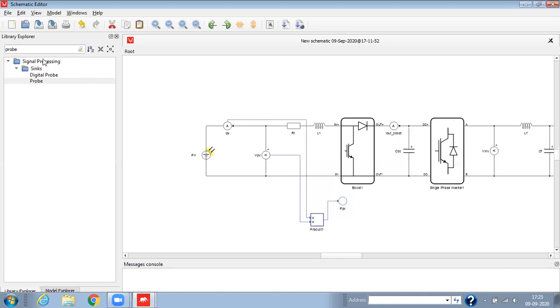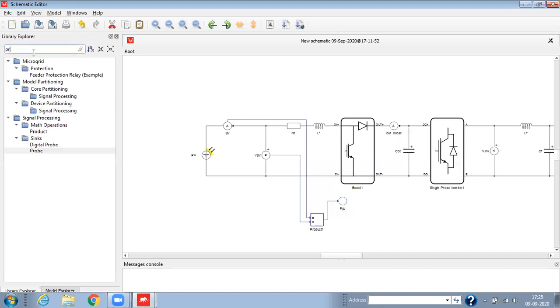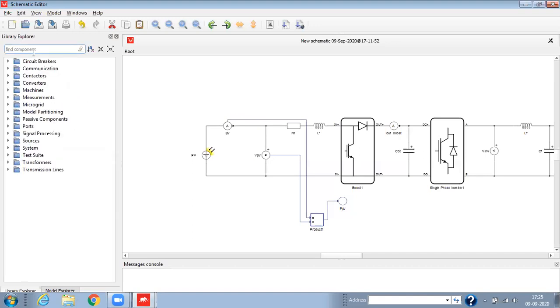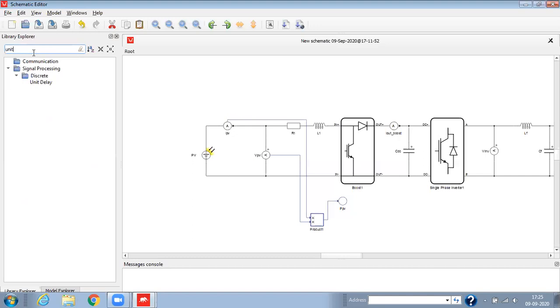For the change in power or change in voltage, this unit delay will provide the change in power.